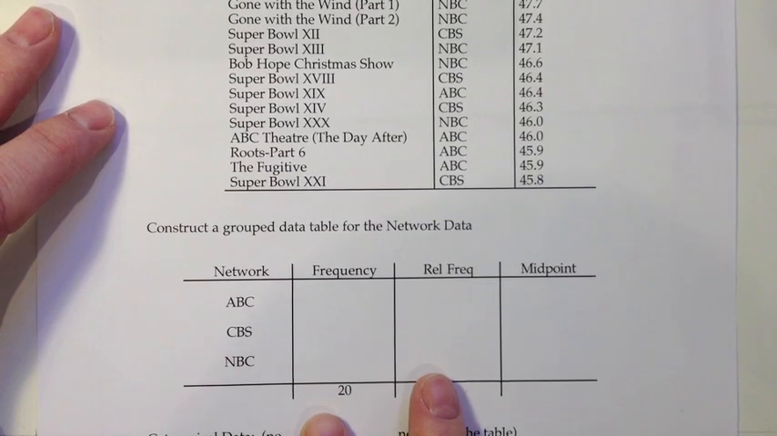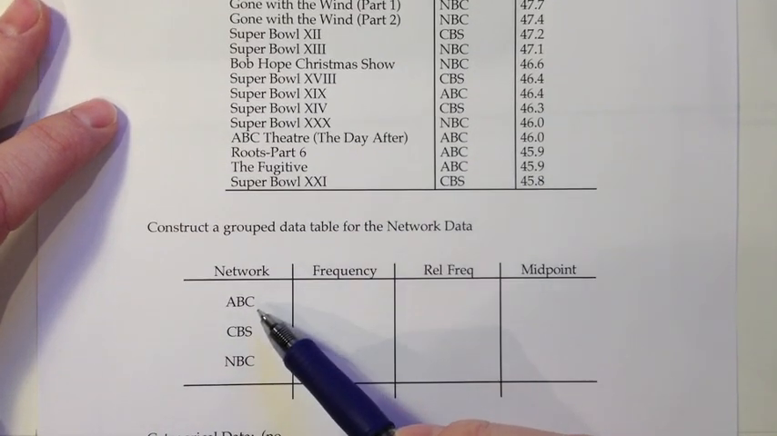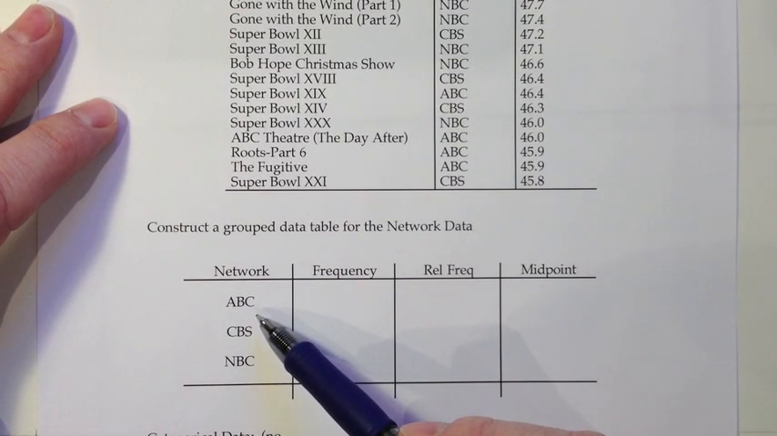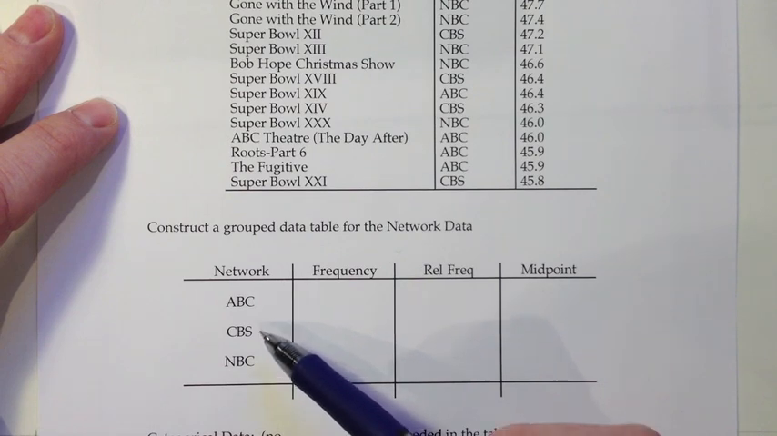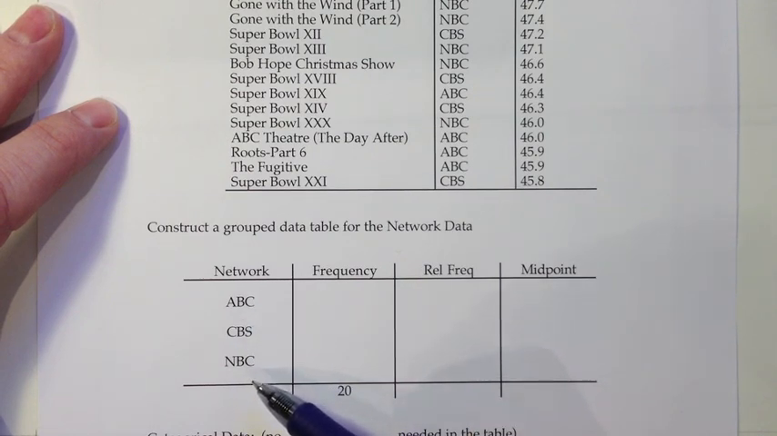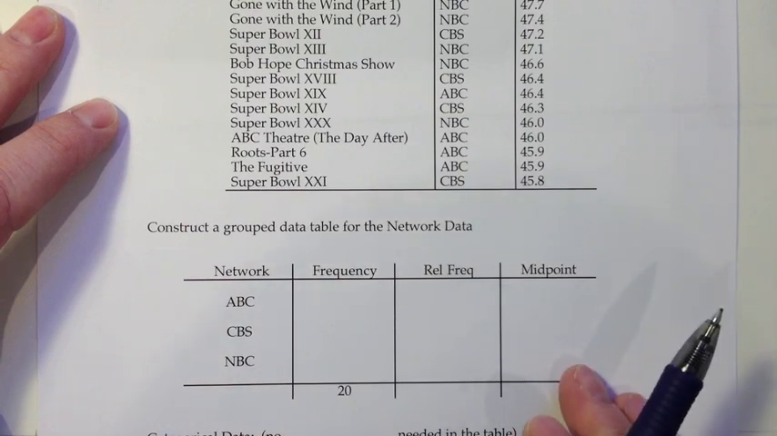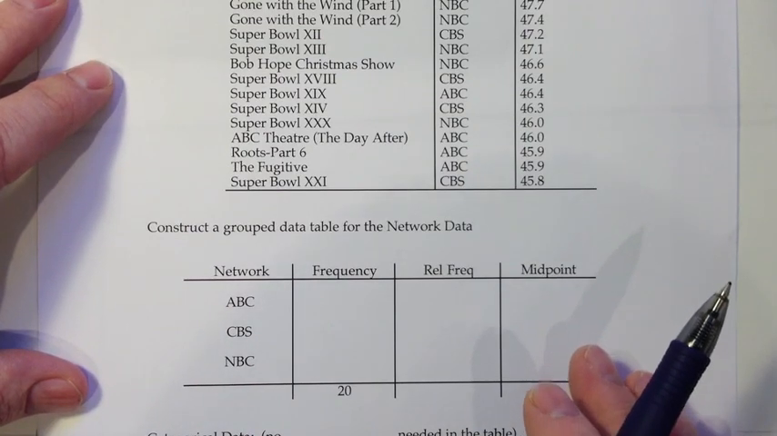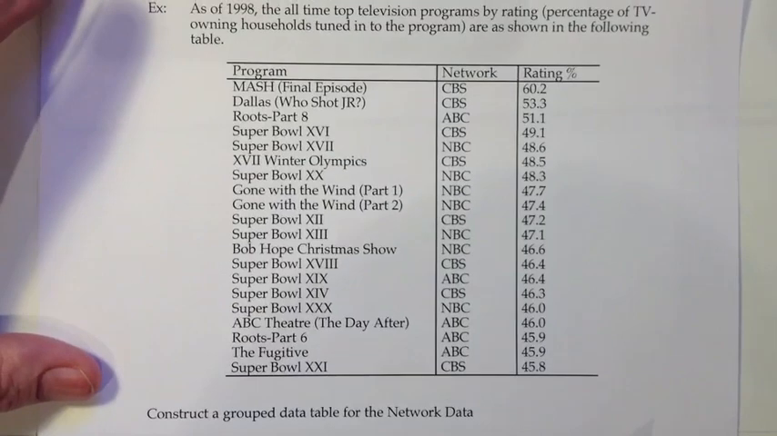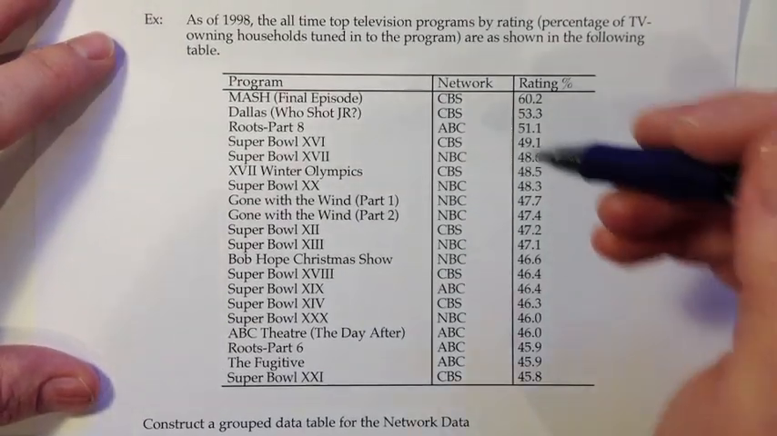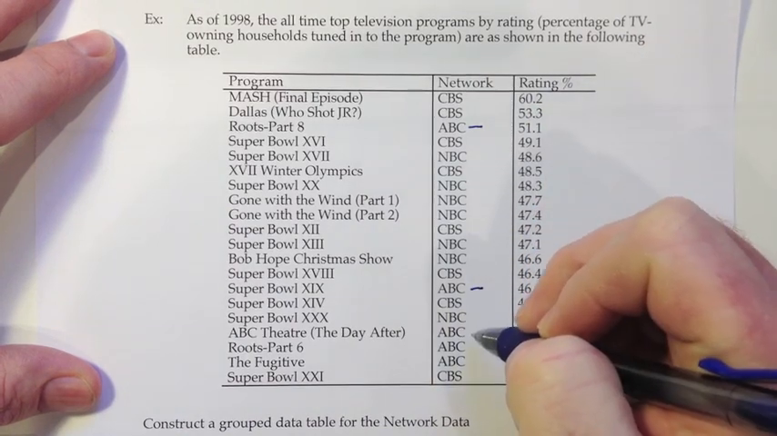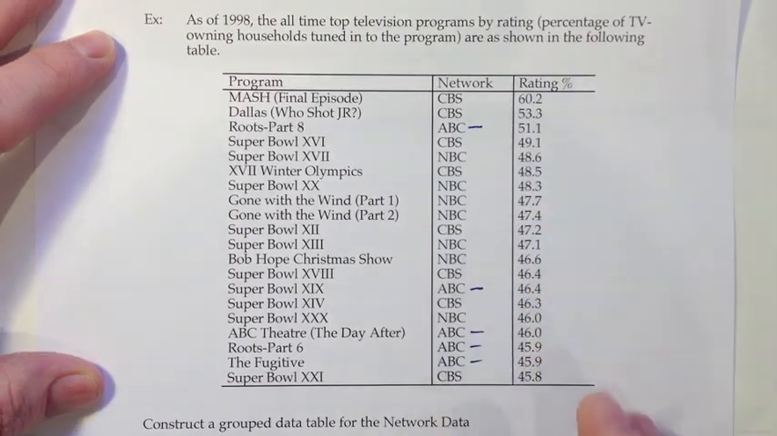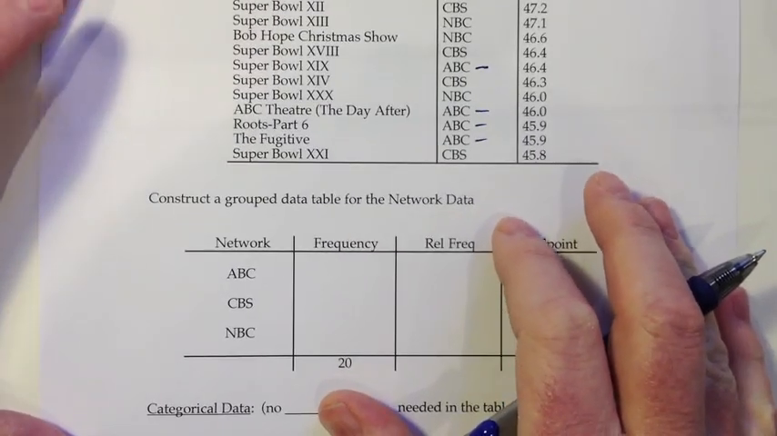When we're doing categorical data, for our classes we just list the different possibilities that variable can take on. In this case the networks are ABC, CBS, or NBC. It doesn't really matter too much what order you put those in, so I just went ahead and did them alphabetically. And then for the frequency, we just count up how many times each of those occurred. So let me pull this down here and let's look for the ABCs. So 1, 2, 3, 4, looks like 5 of those. So I'll fill that frequency into my chart